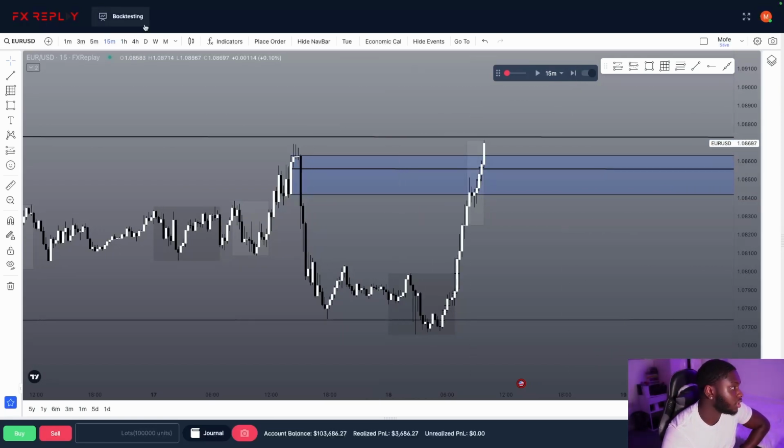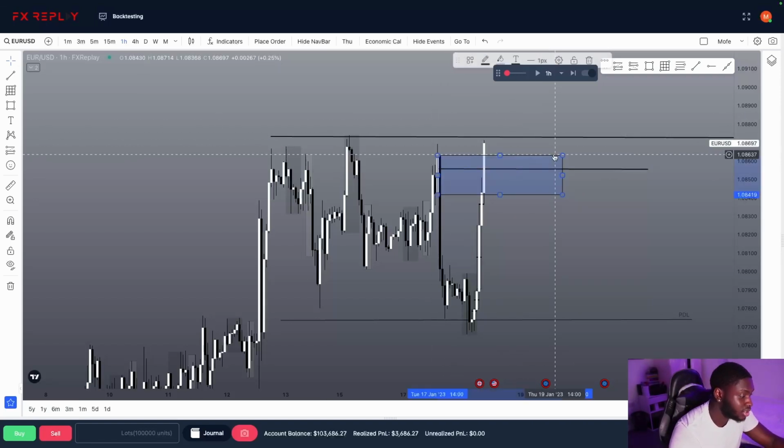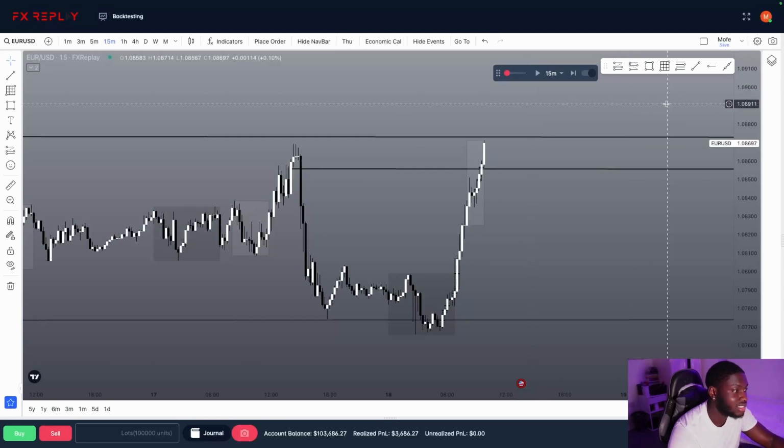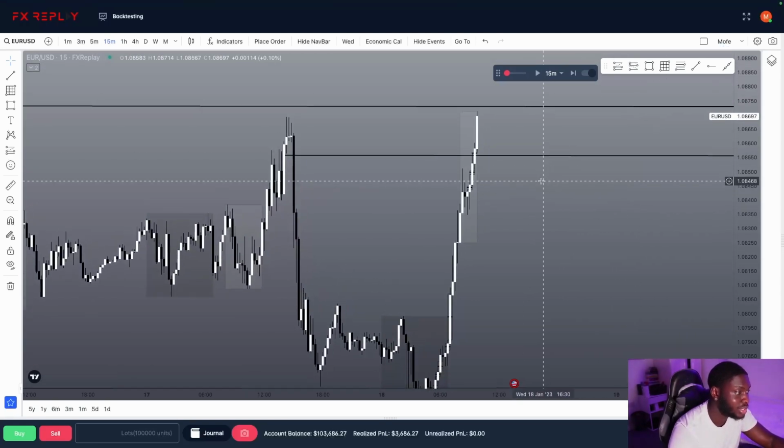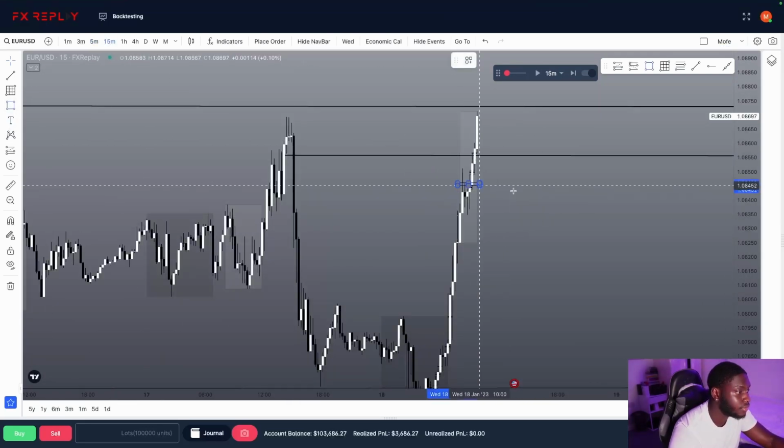Okay, we're playing around there, and naturally we're probably going to take these highs out. So this order block is no longer any concern for me. On a day like this, it could just be a runner day where price opens and just doesn't give anyone a chance to enter, depending on how you enter your trades, of course. This is a valid flip zone trade over here, this order block.